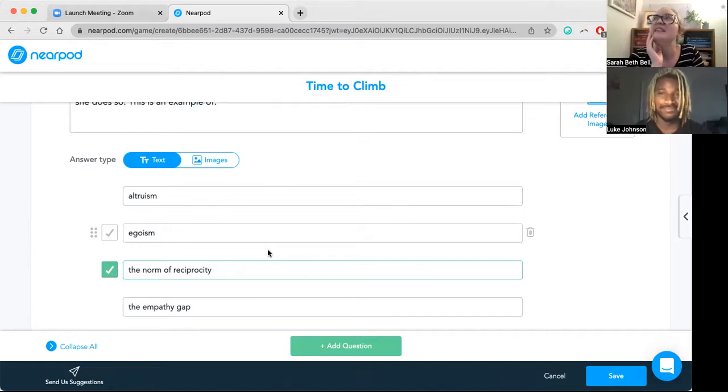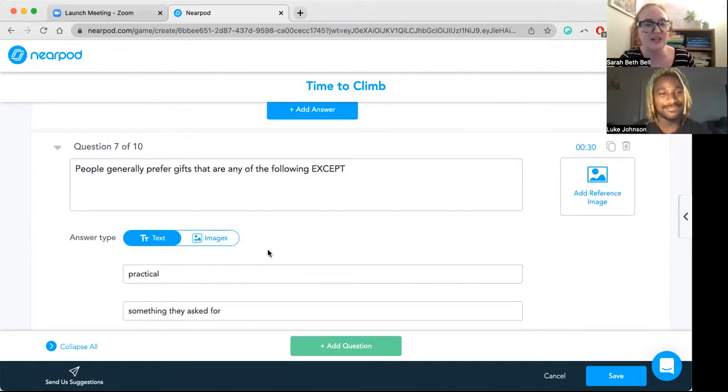Basically, it sounds a little bit more like she feels obligated, or she might want to. Nobody really wants to help somebody move. I mean, if you do it, you are altruistic, but if they already helped you move, you just kind of feel like you have to do it. That's the norm of reciprocity.